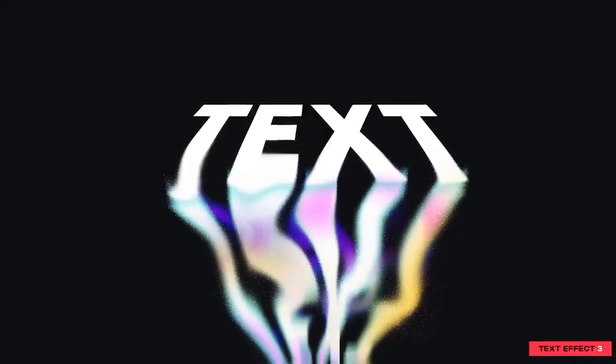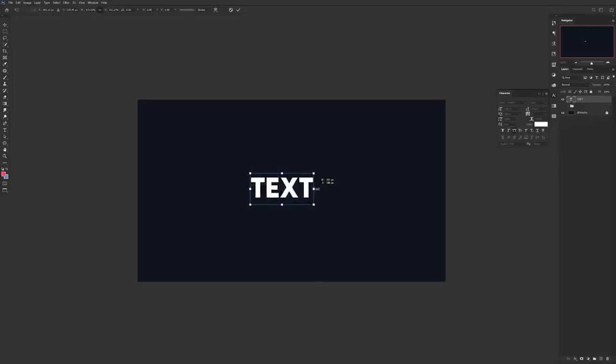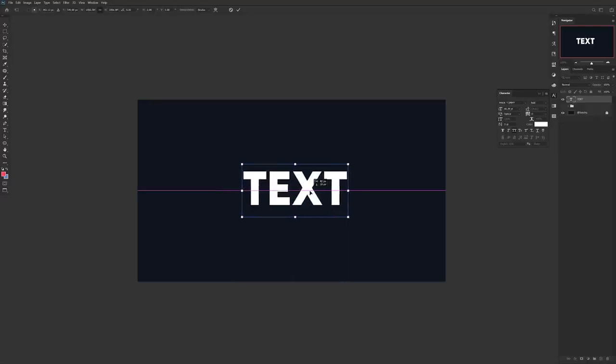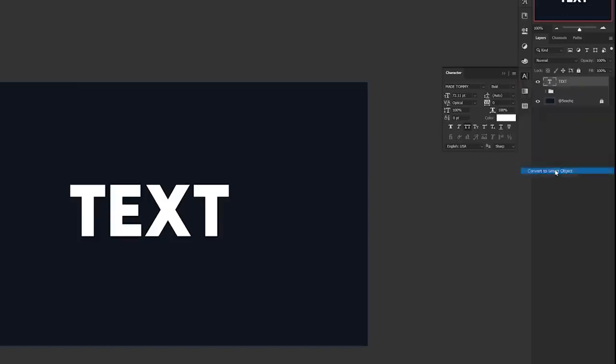Alright guys, and for the last text effect for the video, it's this really cool, awesome, ghostly aurora effect. One of the ways you can do it yourselves is simply writing out the word with the font of your choice. After making sure it's all spelled right and it's the size that you would like, you want to make sure you right click on the actual text layer and convert it into a smart